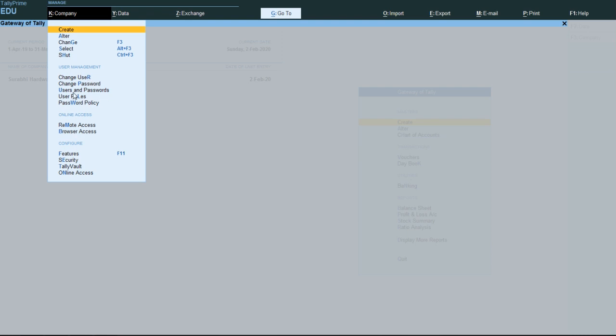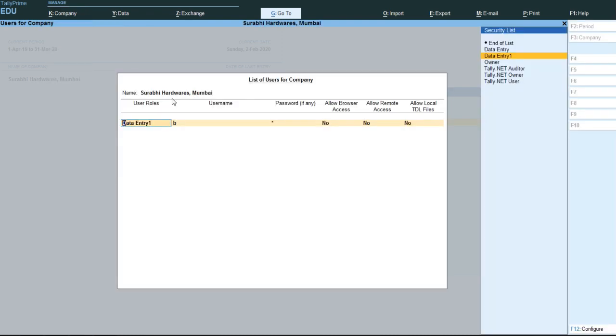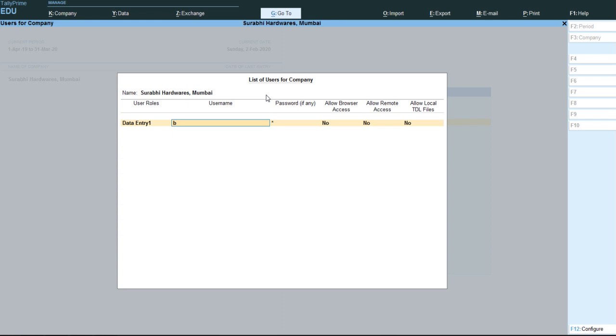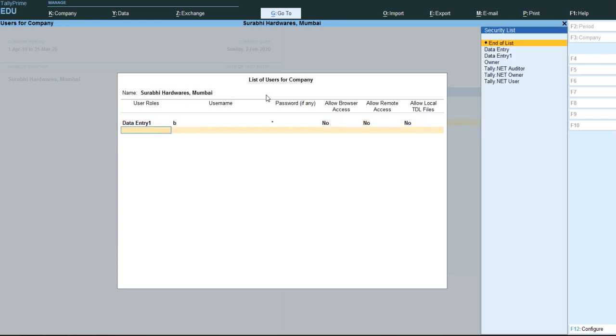First, to learn this, we will create some users in the company. We will go to user and password. Here suppose I have created data entry 1, and for this the username is B, and I have given a password.